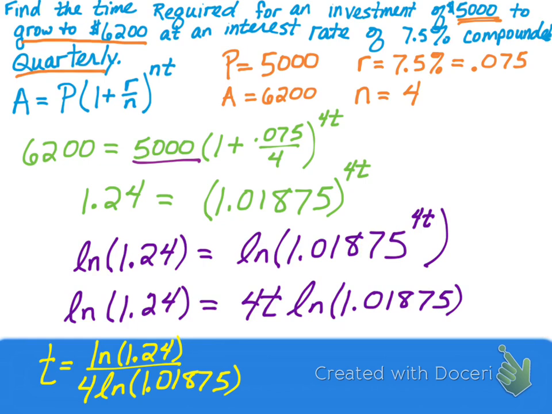And we find out that the time is about 2.89 years. So an initial investment of $5,000 at a 7.5% interest rate compounded quarterly will grow to $6,200 in only 2.89